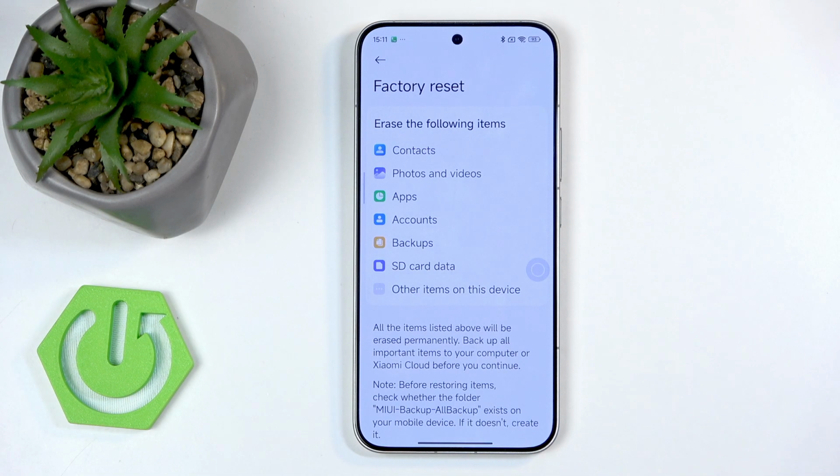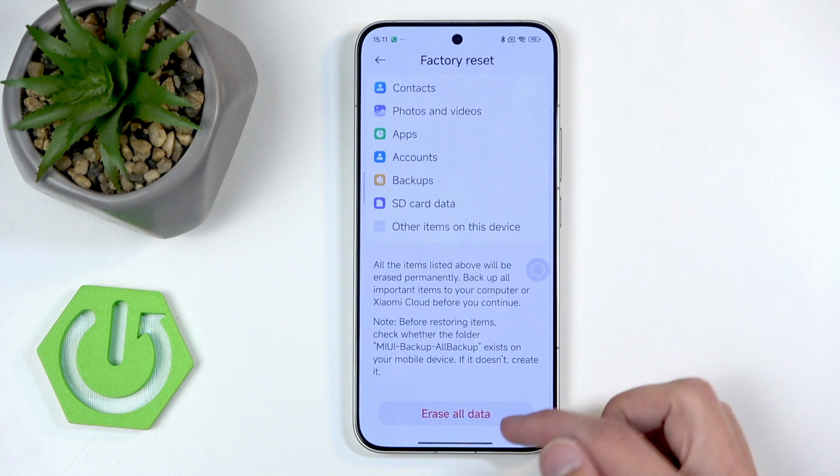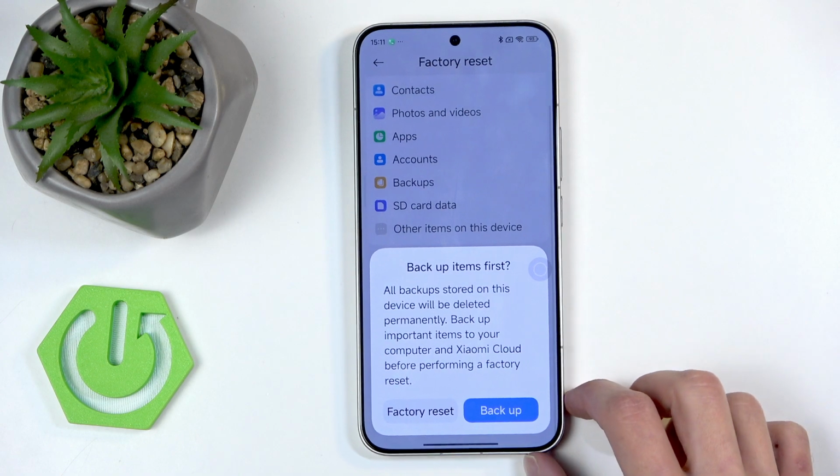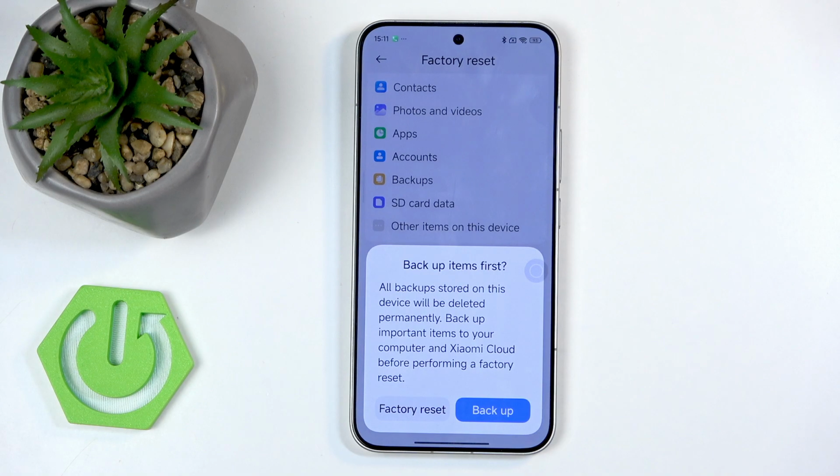If you have any of that data that you would like to maintain, you can create a copy by clicking Erase All Data, and I believe it does, yep, there we go, show up with the backup option. But before you go do that, I want to warn you that this backup is being created to the Xiaomi Cloud strictly. So if you have something like a Samsung, this data is unavailable to you, which defeats the purpose